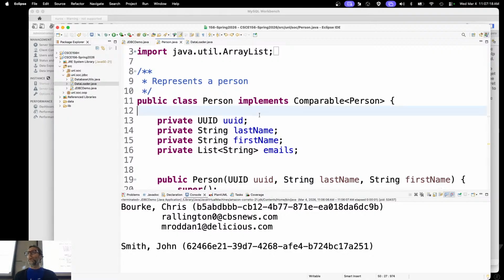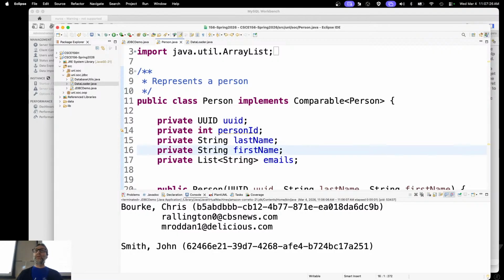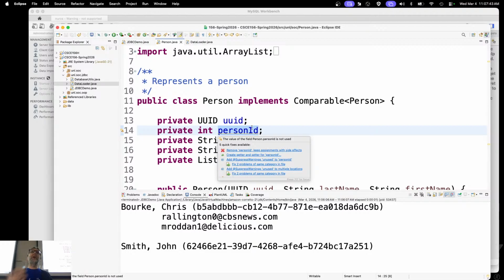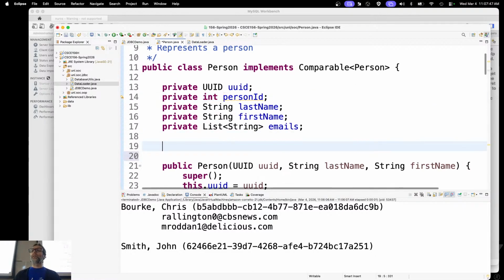Right? Now that there's a connection to the database, there's a reason for doing this. Private int person ID. Right? Because I'm probably going to want to use that in multiple locations to now get their assets. Right? I would have to go back to the database to find their person ID based on that UUID in order to get their assets. If it was part of the object already and loaded into the object, I wouldn't have to do that double work. Right? That means that there's yet another